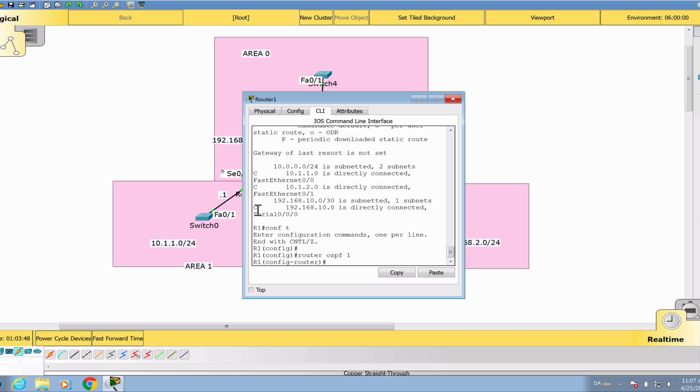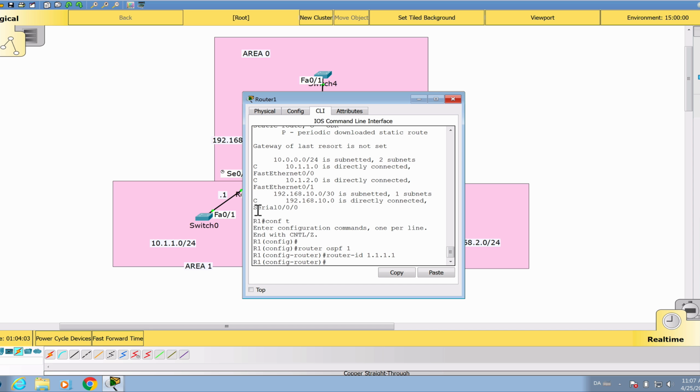I would like to give them a router ID just because of best practice. So I will say router-id 1.1.1.1 on router 1, and then 2.2.2.2 on router 2, and 3.3.3.3 on router 3. Then I will use the network command,